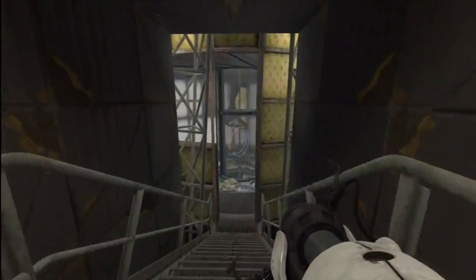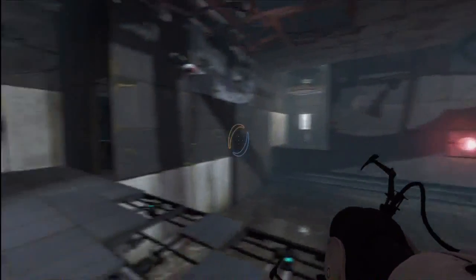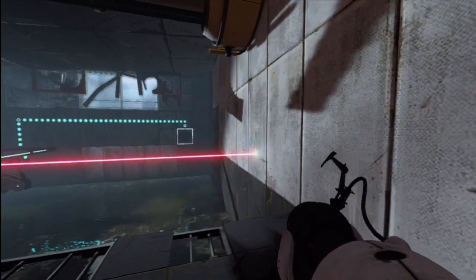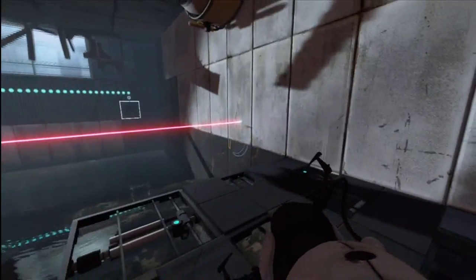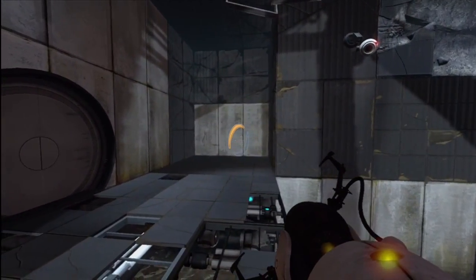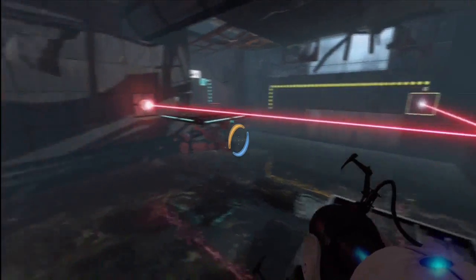The fourth one is pretty much the same old, same old. We're going to keep on using lasers for the majority of this challenge. This one's pretty complicated at first. It takes a little bit of precision. What we want to do is shoot a portal right where the tip of this laser is, right here. Shoot the second shot in that middle area right there, and that should activate the platform, which will